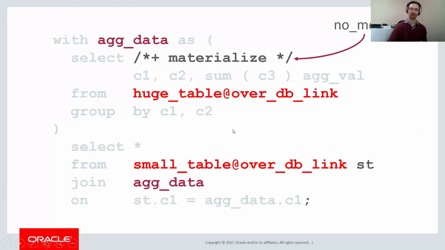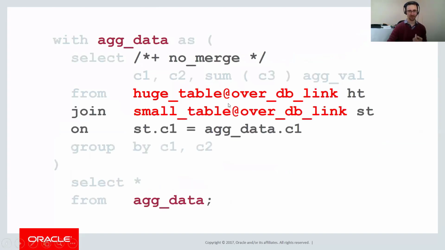I'd say make that a no merge, and then move these two tables to be joined remotely, so in the same subquery. So my first pass, based on knowing nothing more about this other than what you can see in this question, is I'd do something like this. Use no merge, join the two tables in the subquery, no merge. So now we're sure we're joining them remotely, and then we are only getting the aggregate information back across the